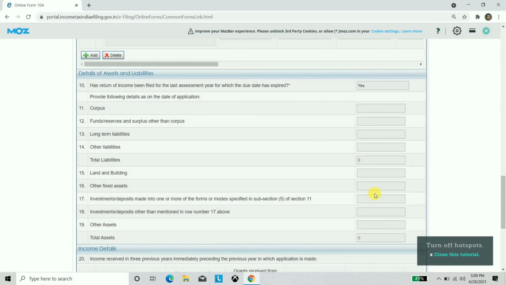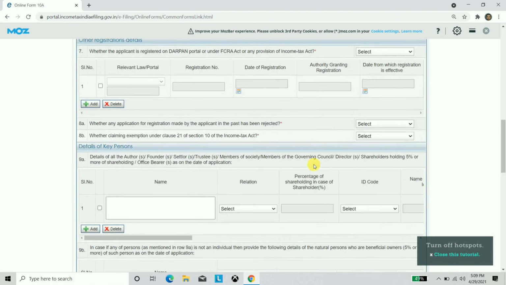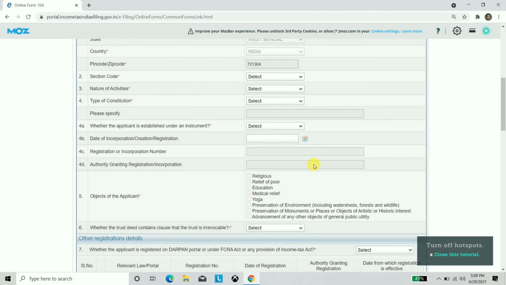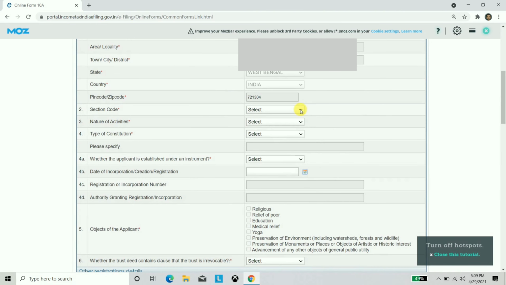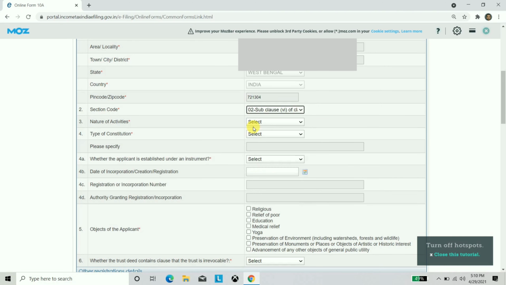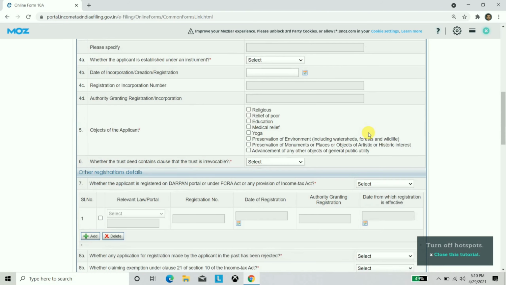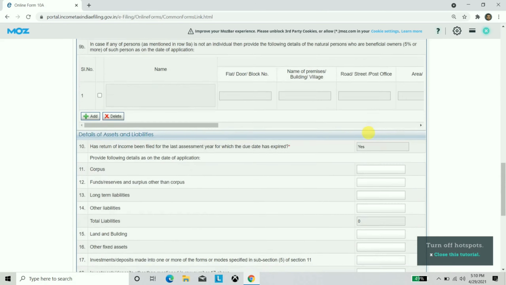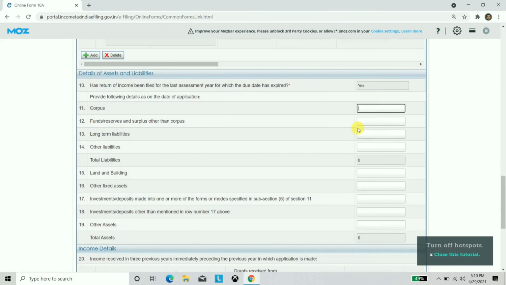It becomes active and is thus required to be filled only in case of new organizations applying for fresh registrations.